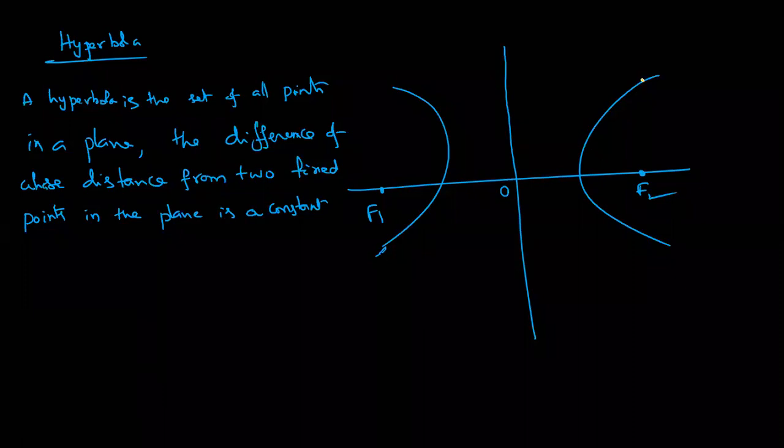Dear students, choose one point P2, P1. So what is the meaning here? See carefully. Longest distance, what here? PF1. That's why you should write PF1 minus PF2. Okay, suppose we choose P2.